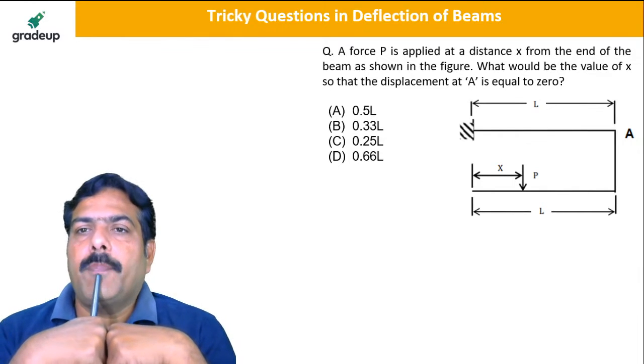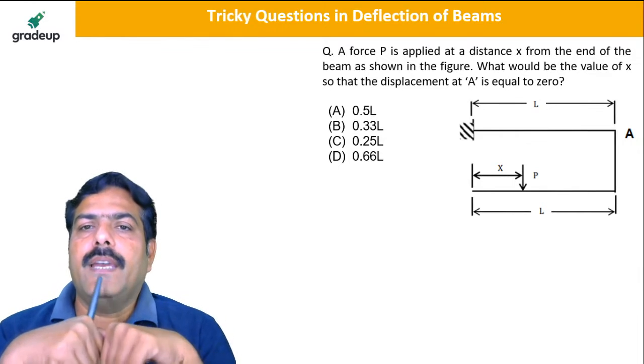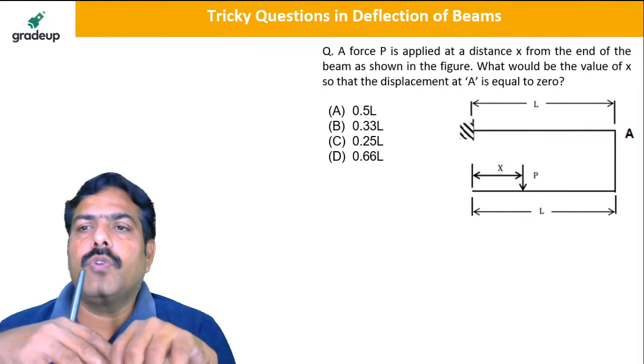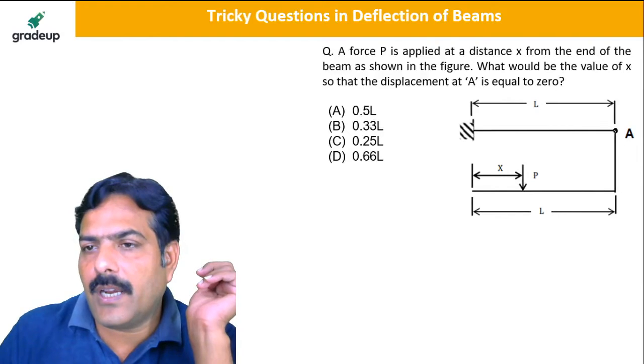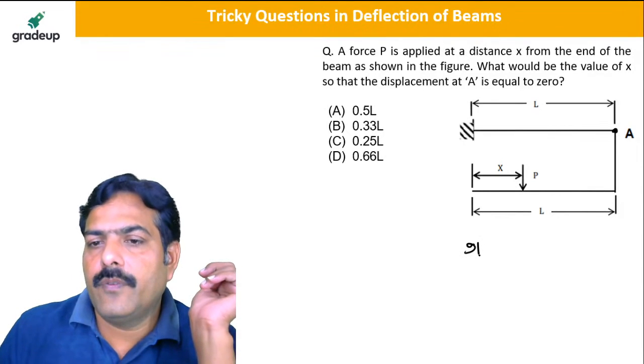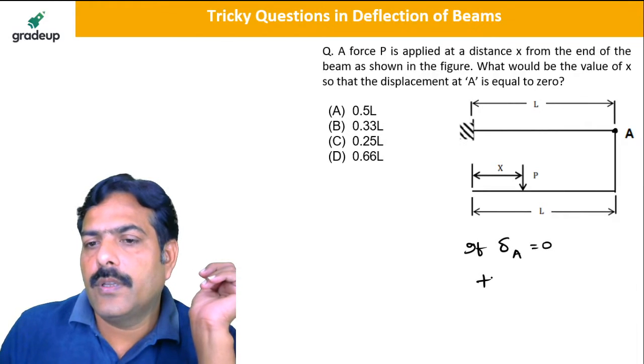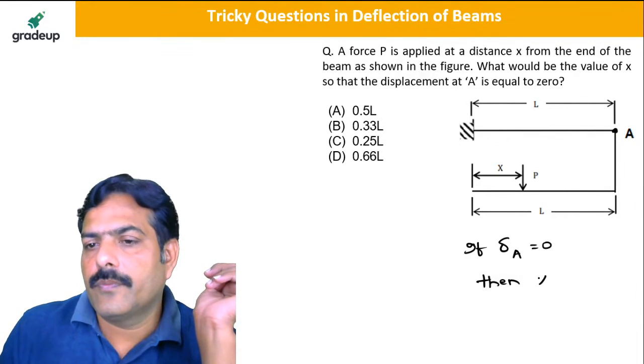A force P is applied at a distance x from the end of the beam. What would be the value of x so that the displacement at A point is equal to 0? So they are asking if delta A is equal to 0, then x is equal to,